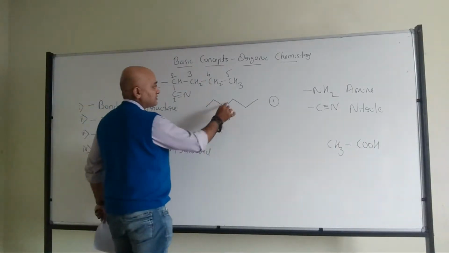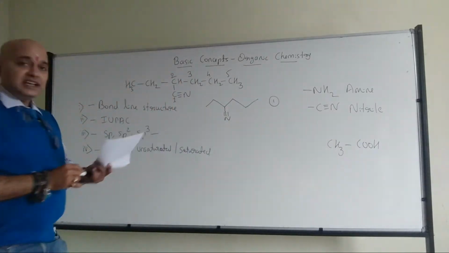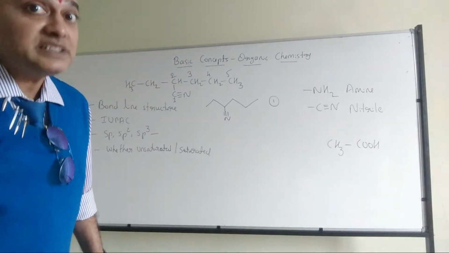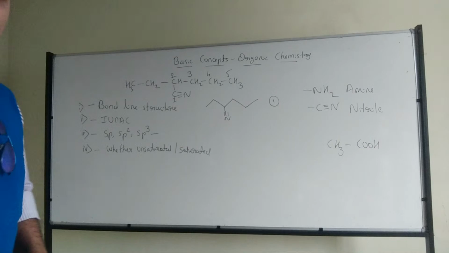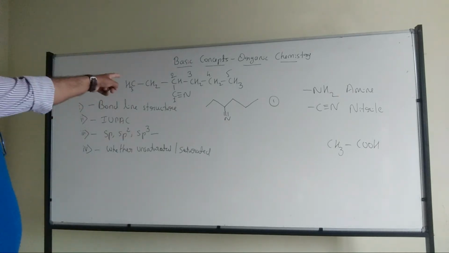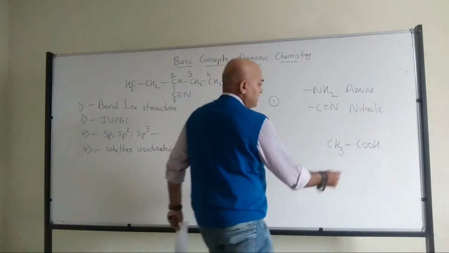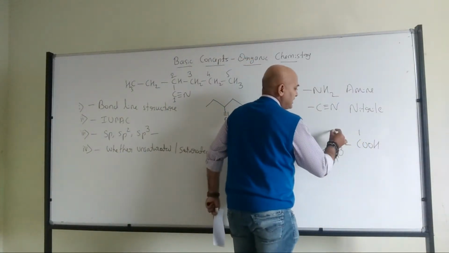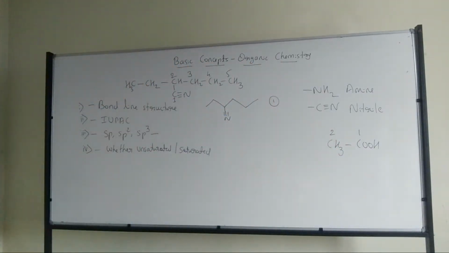Purposefully I wrote this one, counting 1, 2, 3, 4, 5, 6. I know my students will make the mistake. You should not make the mistake. So from that time I was telling you that the nitrile group should be given the preference. Same as here, this carbon is also considered a parental chain carbon. Therefore we call it ethanoic acid, right? The same logic is applicable here. So in that case, we can name the molecule as